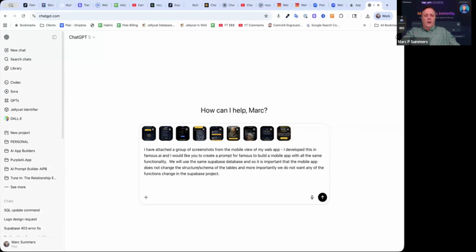And so when creating functions or using functions that are already created, please create a copy with the name prefixed with mobile dash. For example,